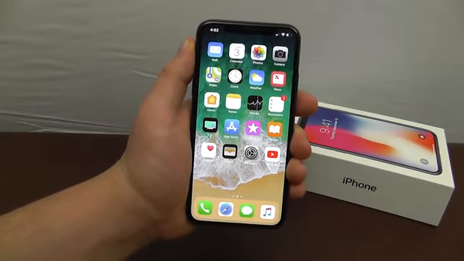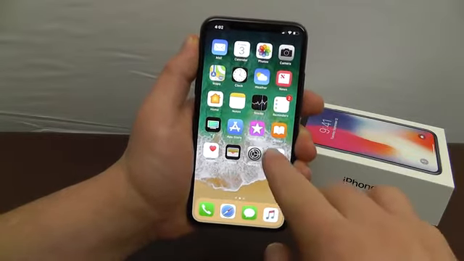The final hidden feature is one you can try right now if you're watching this on an iPhone X. And this is the ability to zoom in and out of videos that you're watching to make them be the